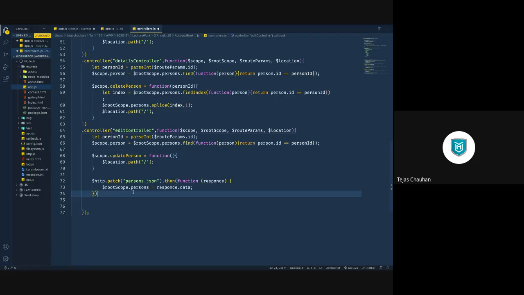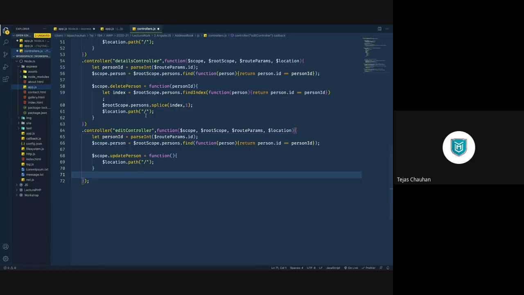So you do the HTTP request with extra options, go for the patch method, and you can pass in a JSON object as a request body, where you can pass the updated person data. So that's what you need to go for. That's one way, and that's how you are going to work in your project.